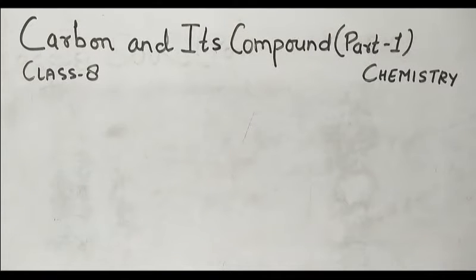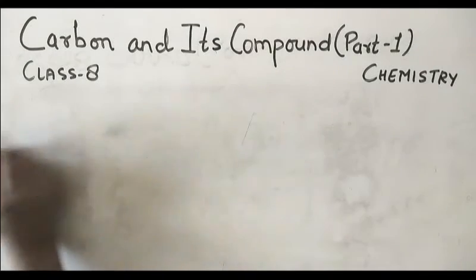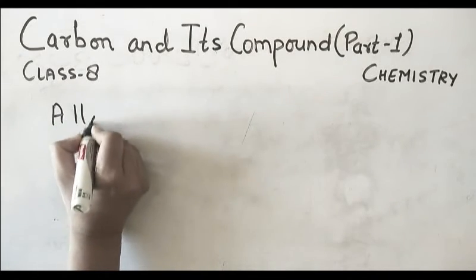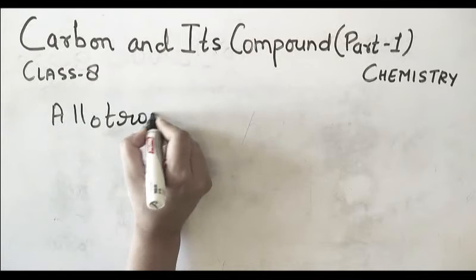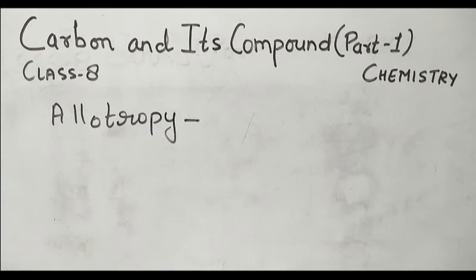Whatever carbon compounds are there are also present in our living organisms, just like in DNA, RNA, our blood, protein, enzyme, everywhere. It is also a main form of the organic compound. So related to that, let us start another topic, and that topic is allotropy. So what is allotropy? एलोट्रॉपी होती क्या है? Allotropy is a property and it is a phenomenon in which elements can exist in 2 or 3